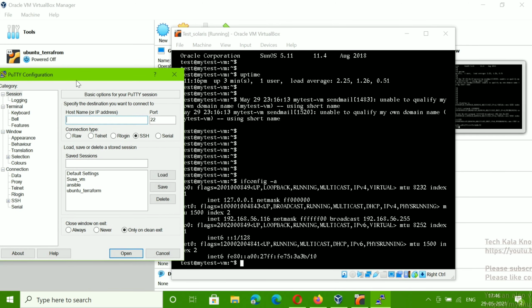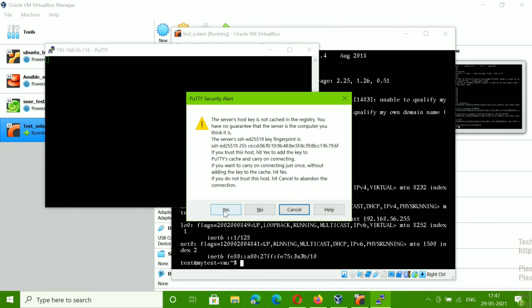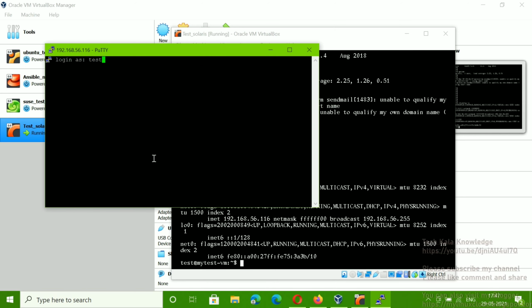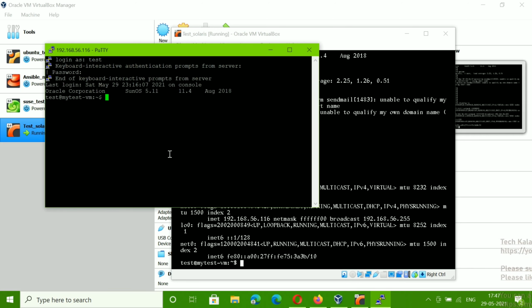The IP is 192.168.56.116. Yes, let me give the username and password. You can see I am able to log in outside the console also through PuTTY.